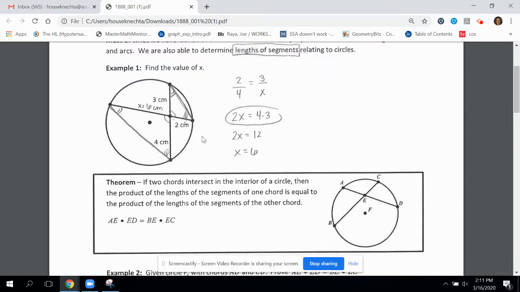We look at these intersecting chords, so segments within the circle. We have pieces along them. We want to find x. We have this piece is 2, this is 3, and this is 4. If we take those chords and create other chords, so a chord here and a chord here, we now have